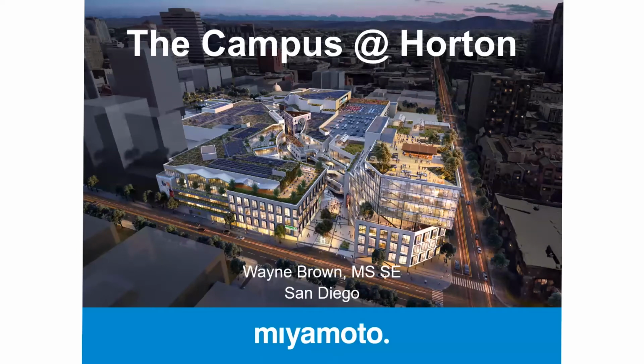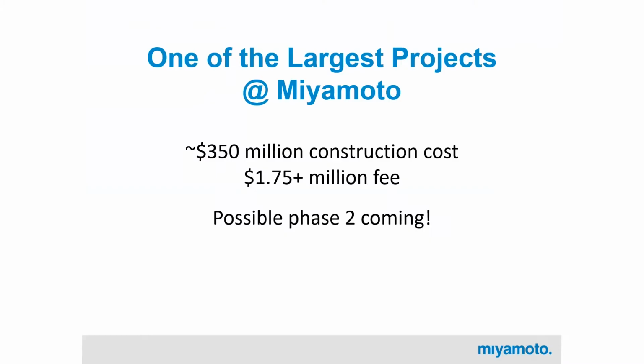This is the campus at Horton, or we also call it Horton Plaza. It's a project we've been working on since 2018. This is one of the largest projects in Miyamoto we've had. It's a $350 million construction cost, and we've accumulated about